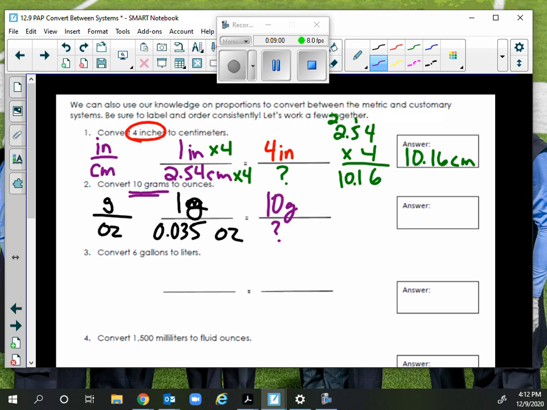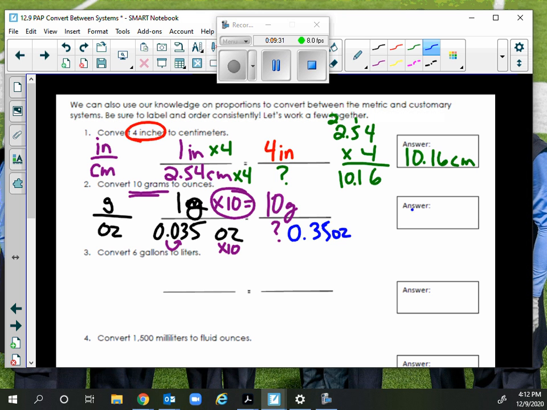would be. I'm going to take 1 gram times 10, my purple circle, that's going to be my scale factor times 10. We're going to do the same thing down here. 0.035 times 10. Realistically, when I set that problem up, all I'm really doing is multiplying by 10 so I can slide my decimal place 1 spot to the right. And it's going to give me a final answer of 0.35